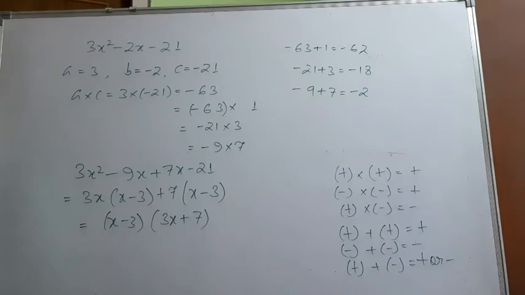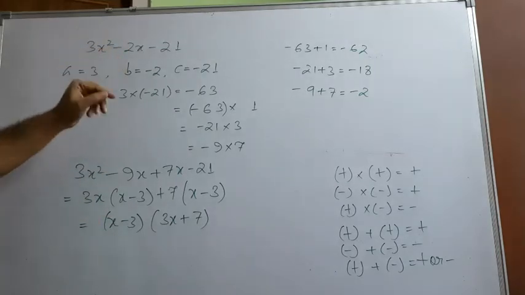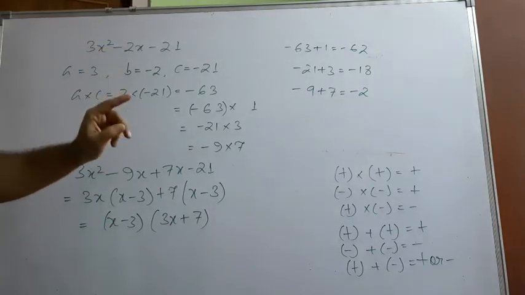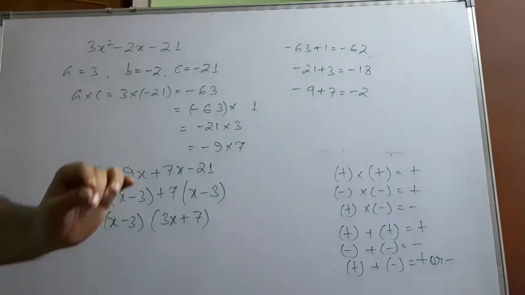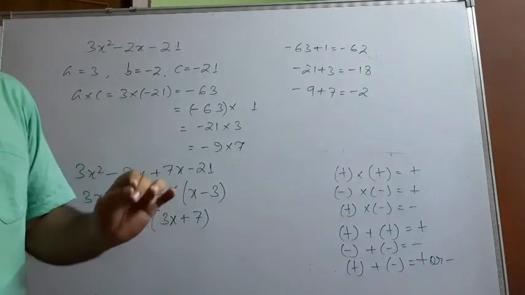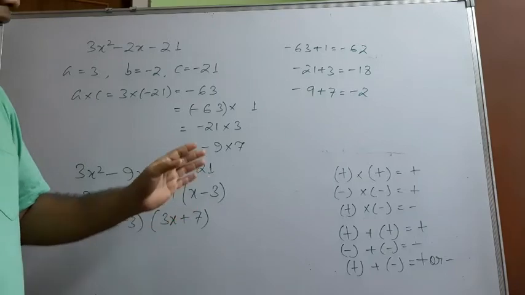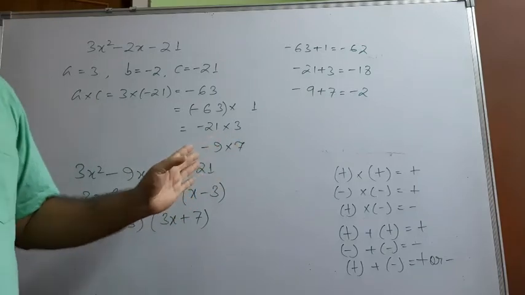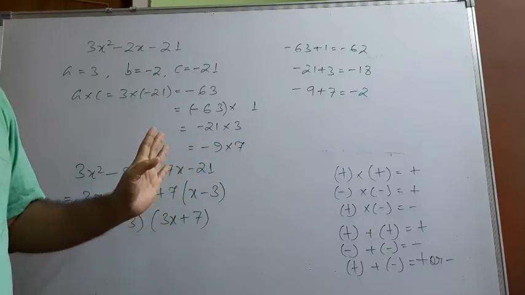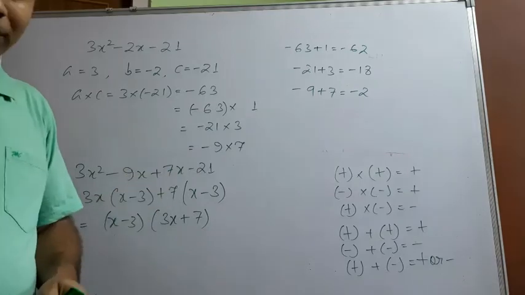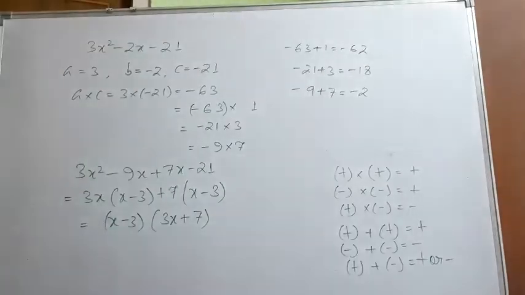Okay, clear? So in these 4 examples, you see we have taken A, C positive, B positive; A, C positive, B negative; A and C of opposite sign, B positive and B negative. All these 4 different situations may arise regarding a quadratic polynomial. I have considered all this here in these examples. Okay, clear? So next, one more example.